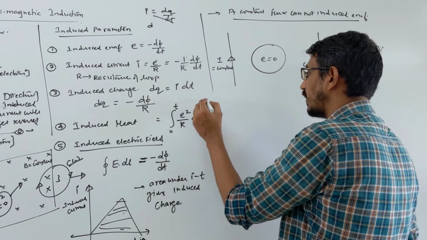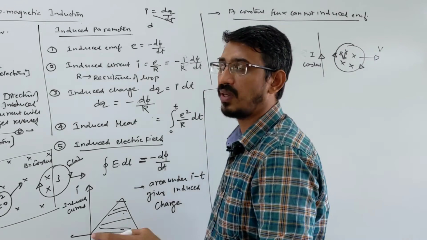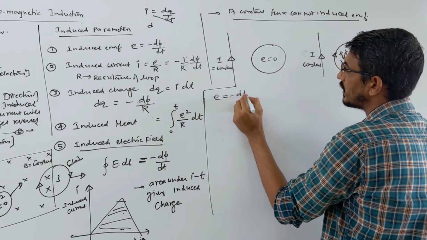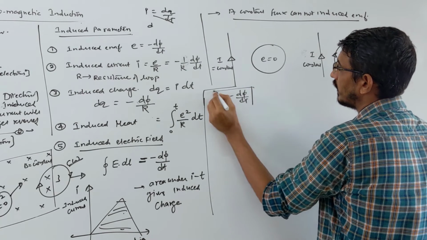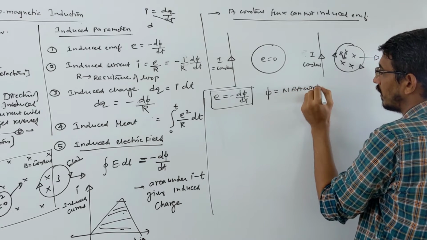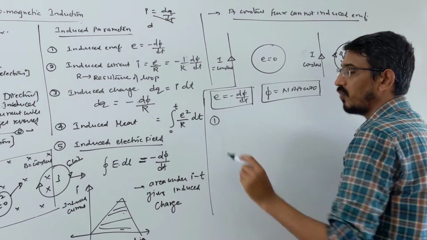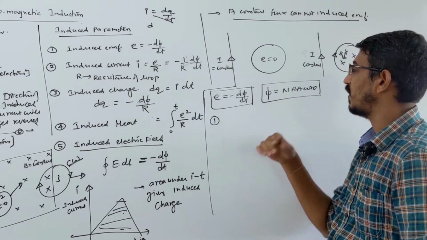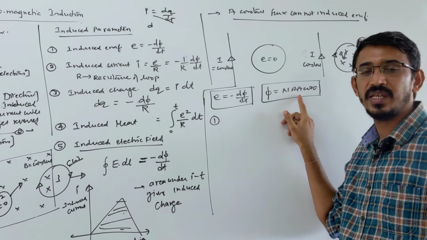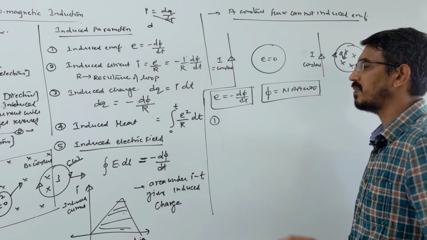Now we're talking about numerical equations, based on our EMF formula. So what is the main formula we have? E is equal to minus d phi by dt. Then phi we know is NBA cos theta. So something will be changing. In total, 5 types of equations you can see, because sometimes the flux change equation is given directly, sometimes the number of turns is changing, magnetic field changing, or area changing. I will discuss all patterns with you. And very simple questions they asked us.